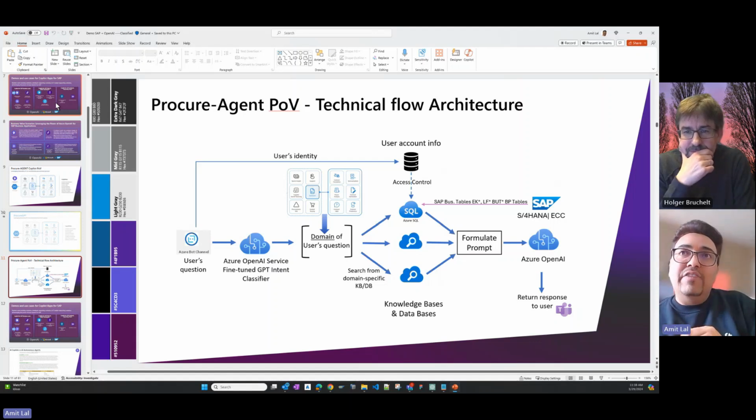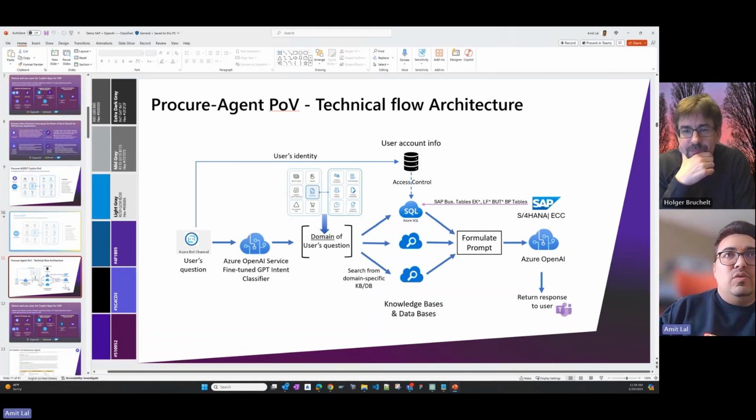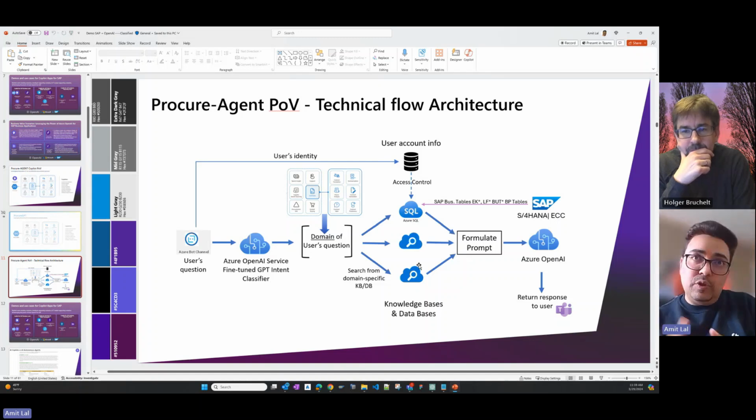And this is the X-ray of the flow, how it's actually working. I do have a live demo, but because of time, I can show you underneath what exactly we are cooking up. On the right side, we take the domain expertise specific to Azure Bot, and the front end can be Teams or the Azure Bot channel, depending on whatever the consumer is using. Depending on the questions, it connects to the SQL server or your blob storage, wherever your knowledge base is residing. It scans, creates a prompt, and goes back to Azure OpenAI to pull the information.